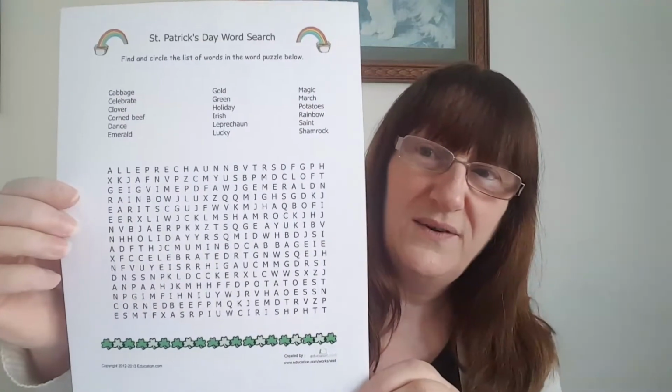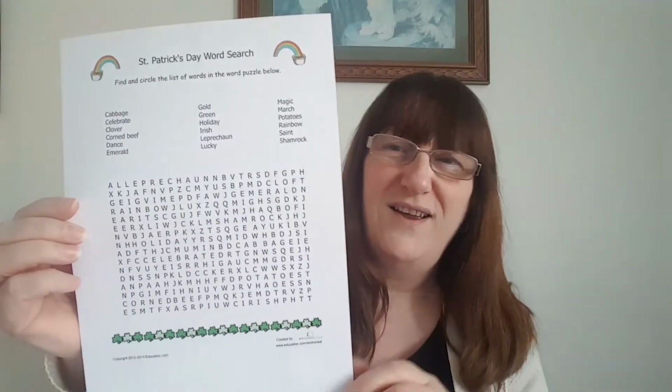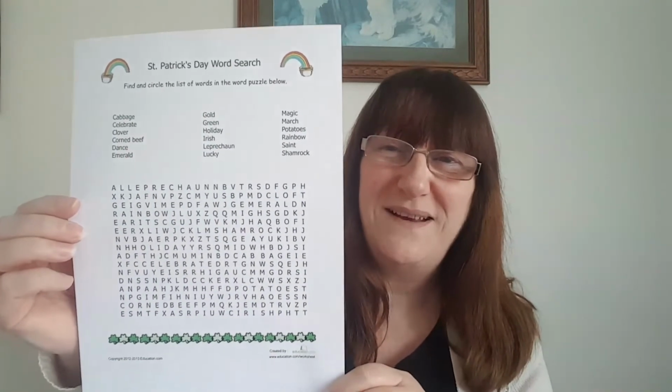So first of all, I've got a nice St. Patrick's Day word search, which I think is rather good. I love all the little pictures around them that are themed to whatever it's celebrating. So that looks good. Sean likes to do a word search. I also downloaded